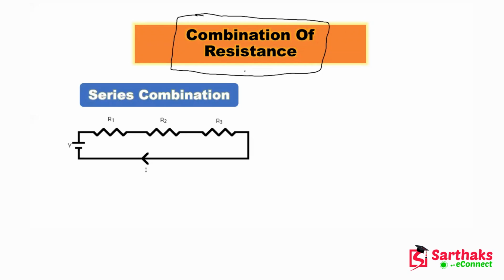Basically, we know that whenever we connect something in series, we have to connect their different sides to each other. So now this is a resistance R1, and this is also a resistance R2. This is also a resistance R3, and these are connected in series. Now we have to calculate